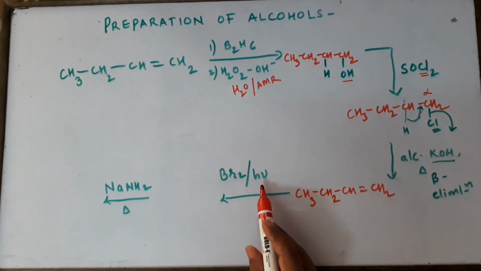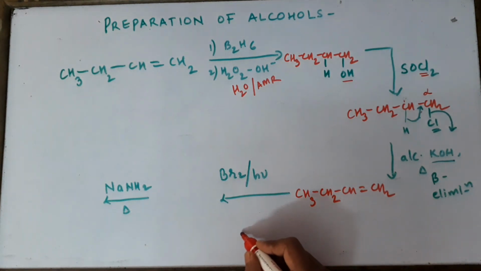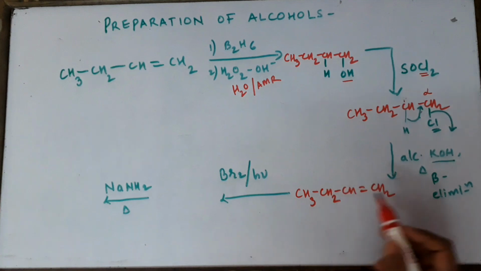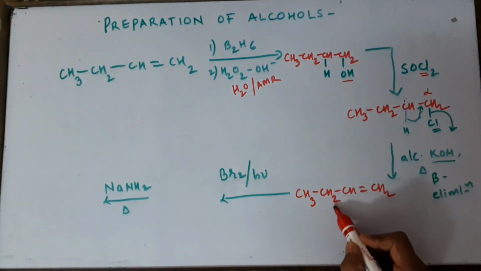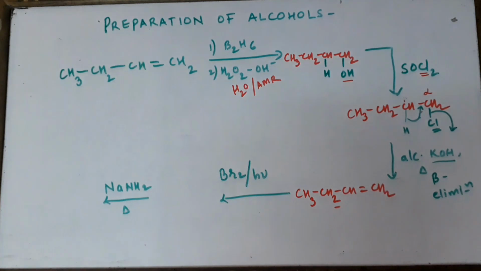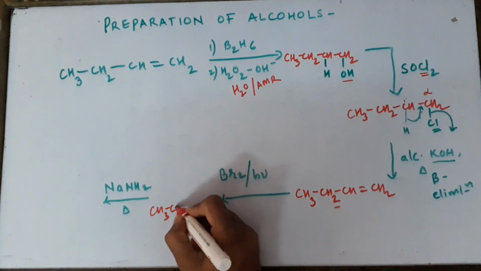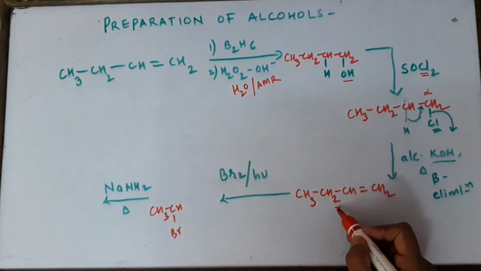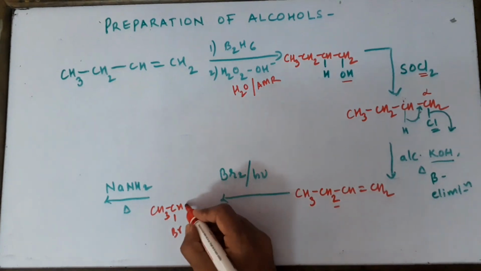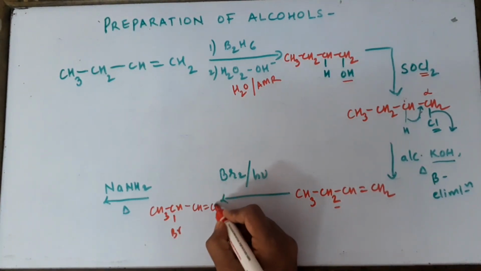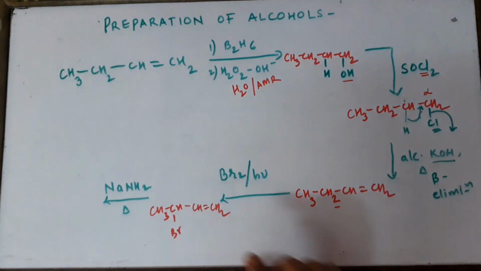Bromine in the presence of light. Now if you use bromine in presence of light, what will you do? You remember, we are going to have free radical substitution reaction. So in free radical substitution, the first hydrogen which will be going out is the benzylic or the allylic. Now here there is no benzylic, but you can definitely see there is an allylic hydrogen atom. So what we will do here, we are going to write here CH3, CH, Br. So one of the allylic hydrogen atoms we have removed, single bond CH, double bond CH2. So this kind of product we are going to get here.